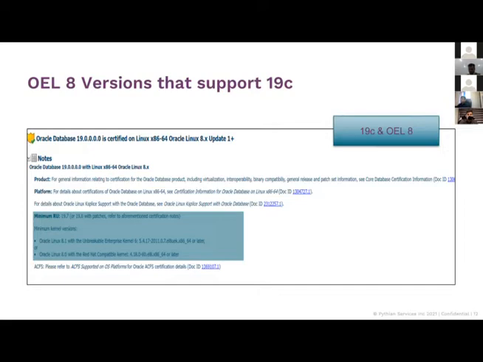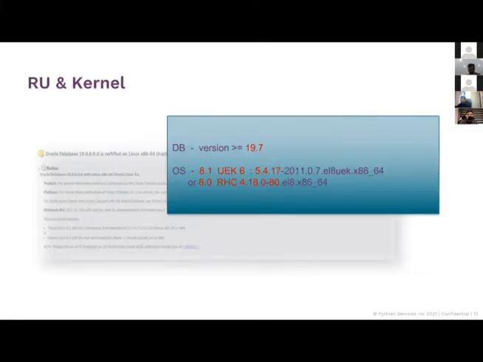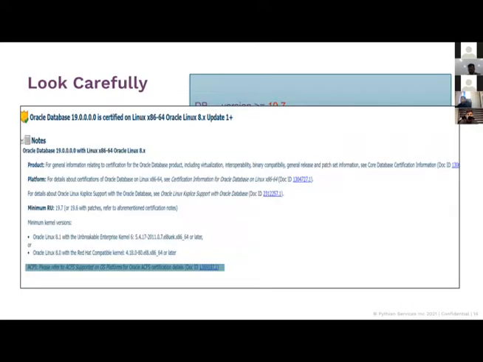And again, the interesting thing is, note, it's not just Oracle Linux 8 or 8.1. It's talking about, in fact, even your Red Hat Compatible Kernel stream or your Unbreakable Enterprise Kernel, which is the one that you are subscribed to. So this is pretty important. You're getting caps in place. Your database version at a lower bound has to be at least 19.7, and your OS has to be at least 8.1 if you're in this particular stream, or 8.0 if you're on Red Hat Compatible, right?